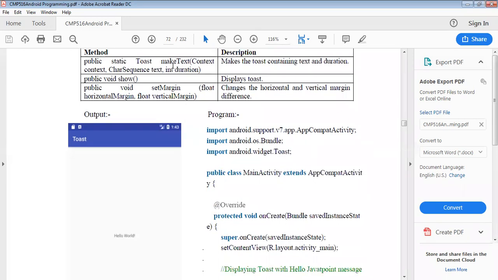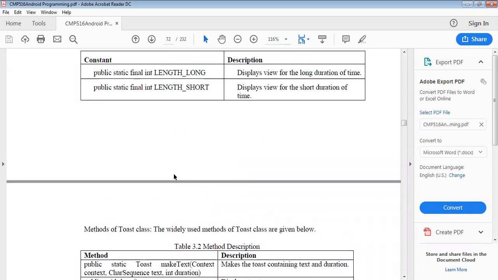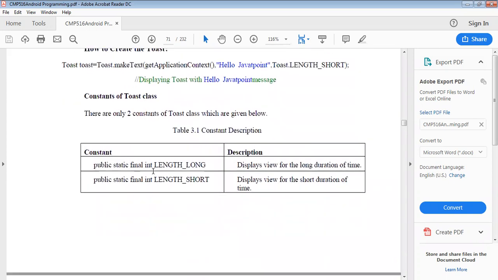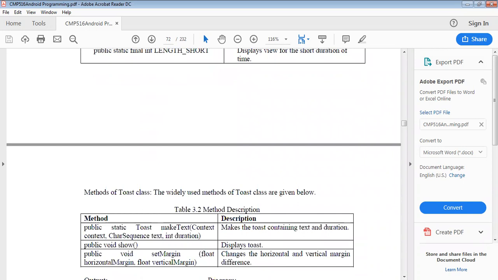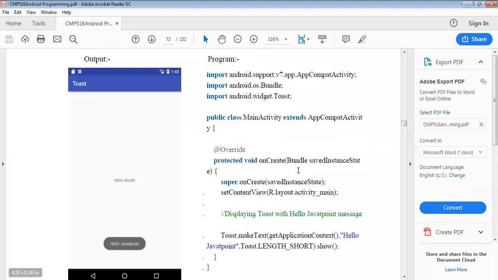So as per our methods or types, here a program is presented. Import android.widget.Toast. Then public class MainActivity, because here we can see that main activity is important here. So why the toast class is mainly important, we can see that after completing that program. MainActivity extends AppCompatActivity, because there will be override.